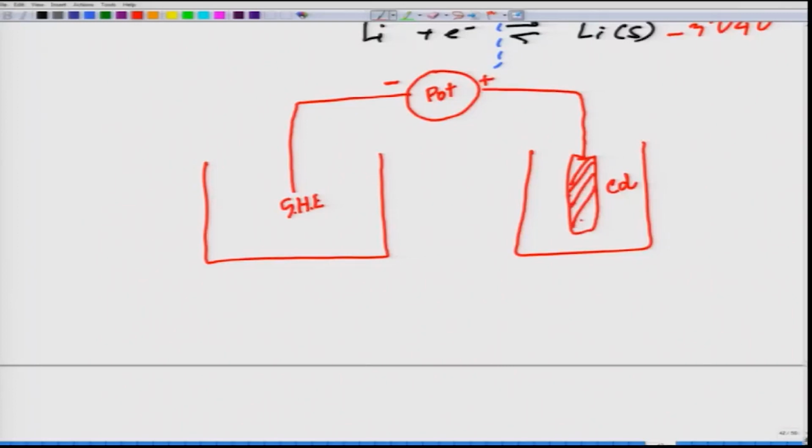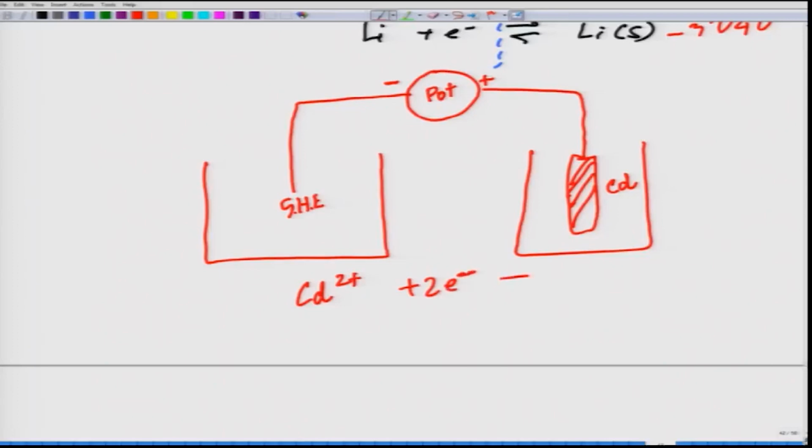Okay. So, now what will happen? Now, in this situation, by the convention, the left hand side is a platinum electrode attached to the negative reference terminal of the potentiometer, and the right hand electrode is attached to the positive terminal. Now, in this situation, in order to measure the standard potential of the half reaction of cadmium